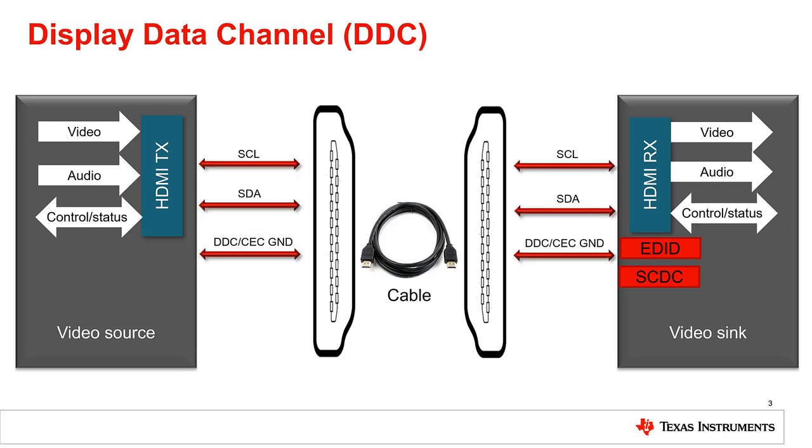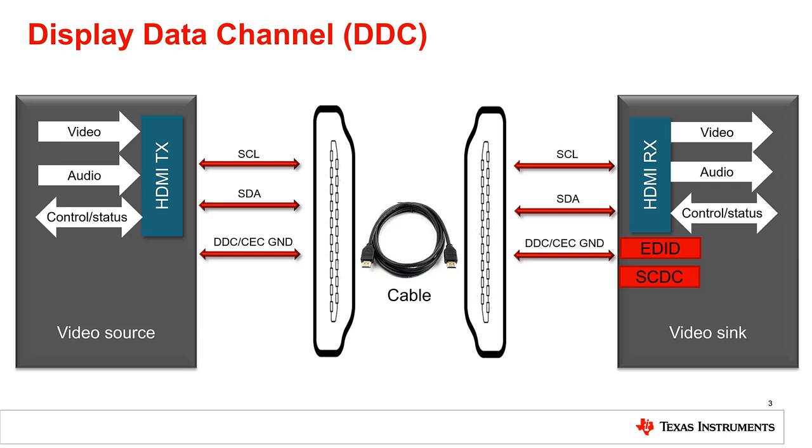The DDC bus follows the requirements in the I2C bus specification for standard mode devices. There are three DDC signals, SCL, SDA, and the DDC ground. The DDC bus requires a strong 1.5 to 2 kilo-ohm pull-up to 5 volts on the video source side. On the video sync side, a weak pull-up of 47 kilo-ohms to 5 volts is required on the SCL line.